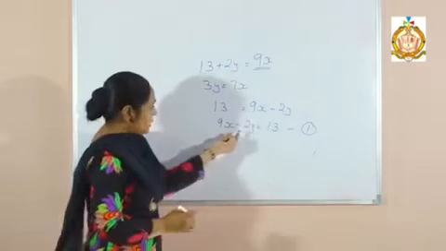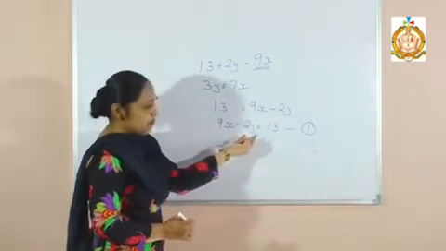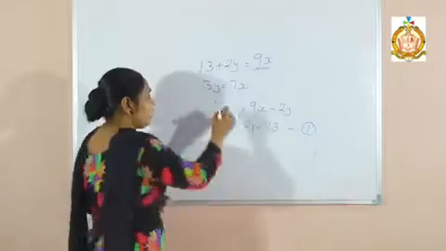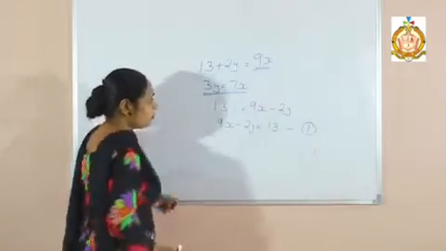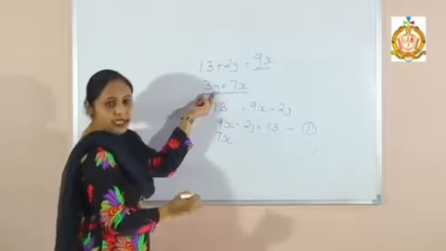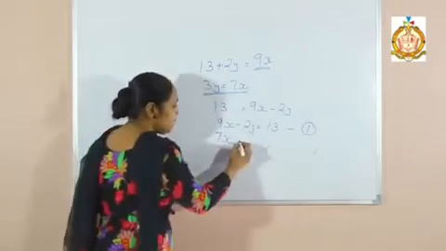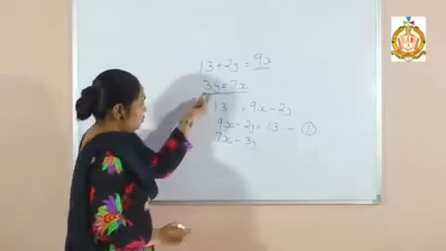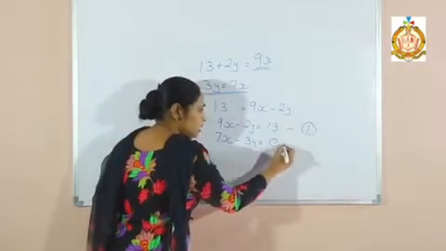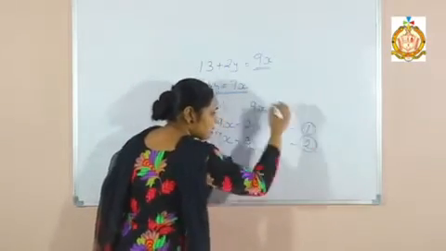In the first statement there is first variable x, second variable y, and equals to there is a constant. Now I have to arrange it again. This second statement, there is a 7x. Now this 3y is positive, go to that side and become negative. Now there is nothing, so we will take here 0. It means it's my second statement.